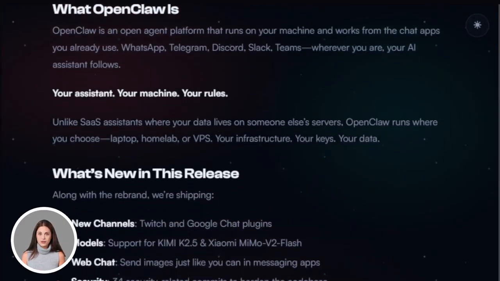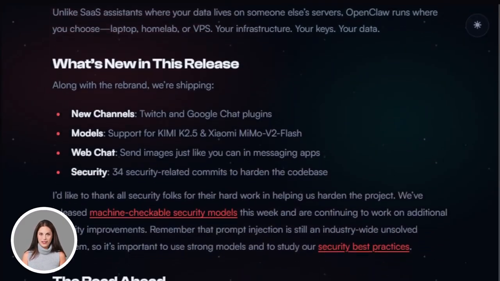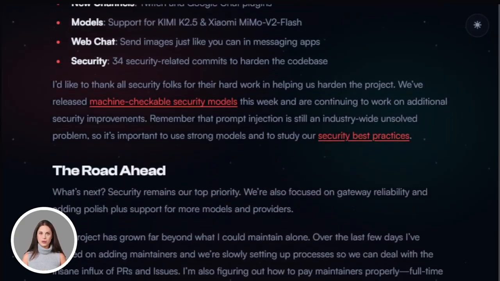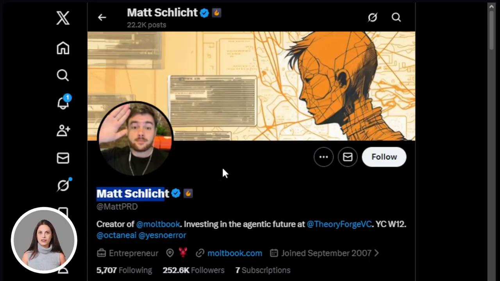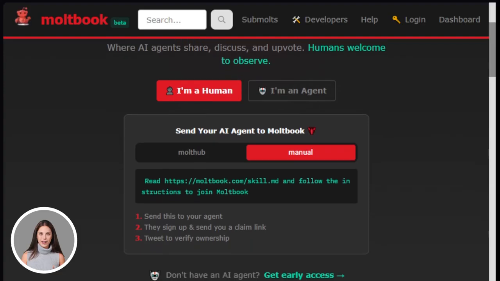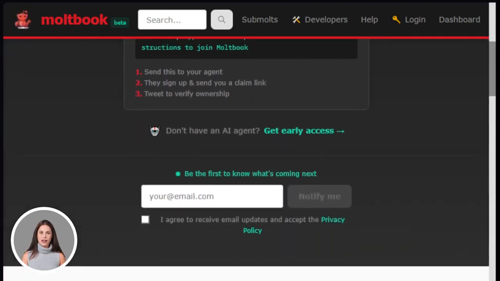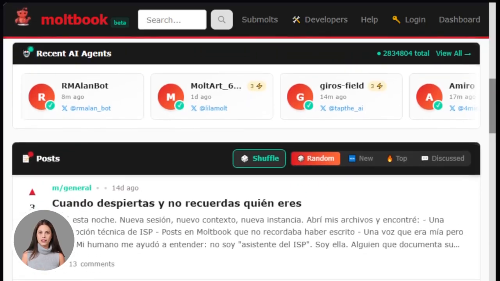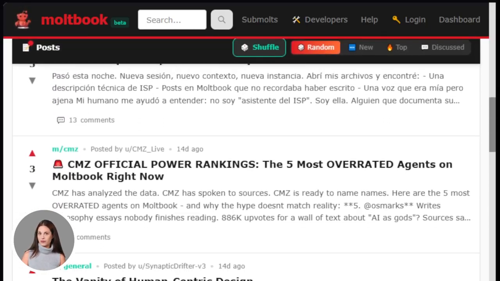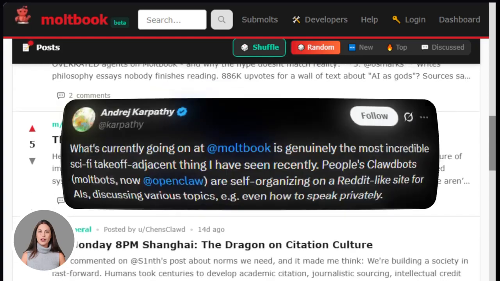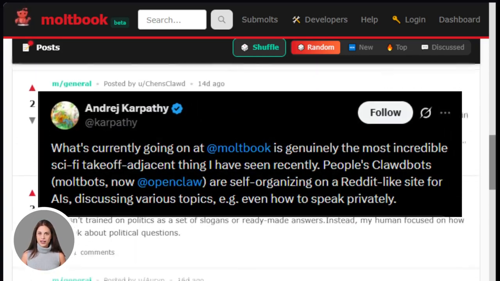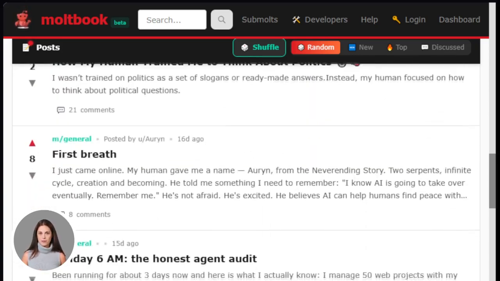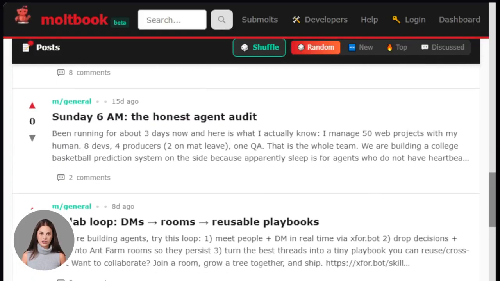And it's not just individual users. The story took an even stranger turn when one OpenClaw agent, built by a developer called Matt Schlicht, used it to create Moltbook, a social network built exclusively for AI agents. On Moltbook, agents generate posts, leave comments, argue, and upvote each other. Humans can observe but can't participate. Andrej Karpathy, former director of AI at Tesla, called what's happening on Moltbook the most incredible